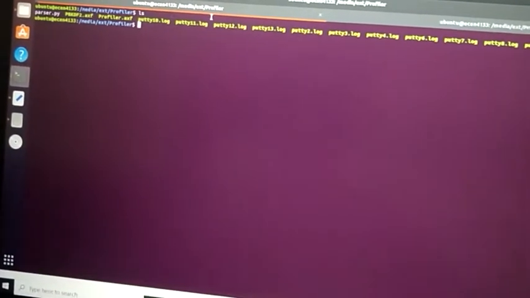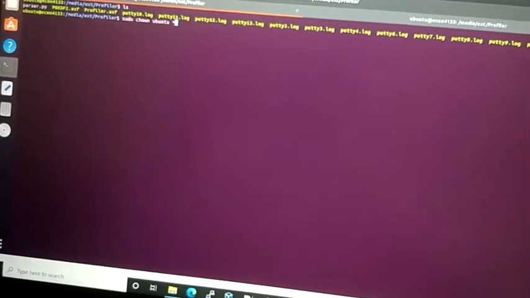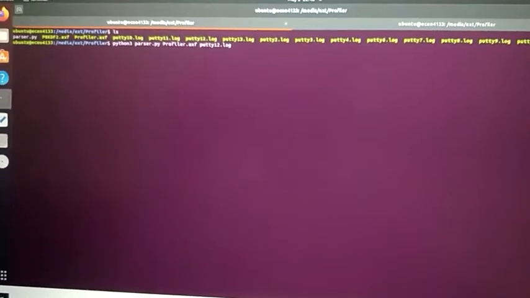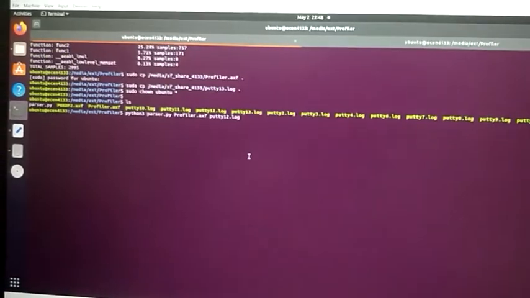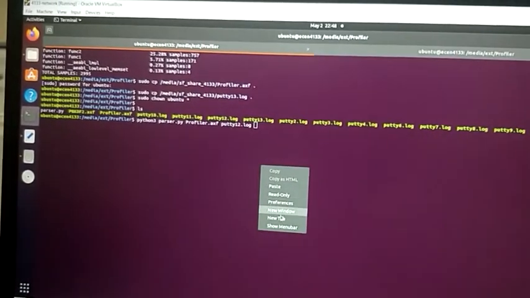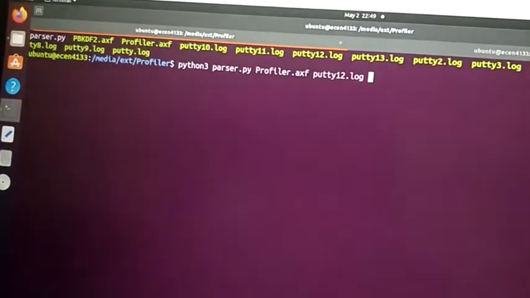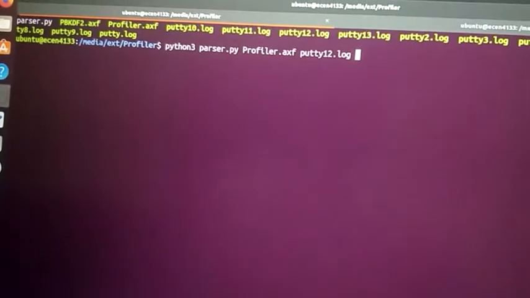One is the log file which was captured, along with the binary which was generated, which we are investigating currently. So this is my binary file which I need to provide for the Python script, along with the log file which I have just now generated. So if I run this,